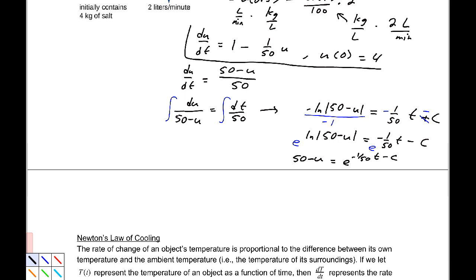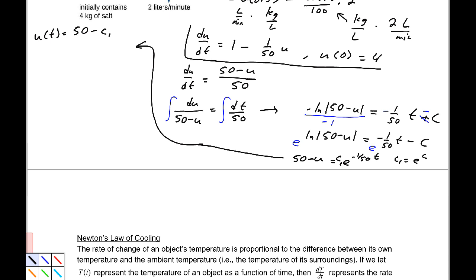And let's go ahead and write that as a constant, the constant as a coefficient. Make that c1. And we'll say c1 over here equals e to the c. All right, now solving for u, and let's bring this over here. Solving for u, that should be u of t. In fact, let's do it all the way up here. U of t equals, we've got our c1, subtracting 50 dividing by -1, that'll be 50 minus c1 e to the negative 1/50th